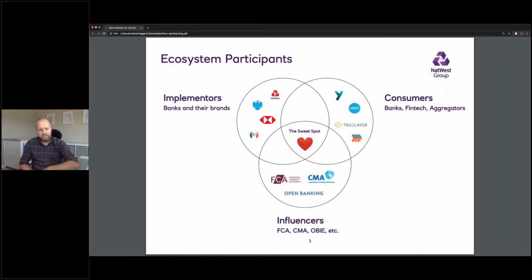And if you look at open source, I guess it needs a few things to be successful. So it has to have the concept of community, and part of the ecosystem that we brought together in the UK really brought that to life. We had people building the APIs, not just ourselves. We had people that want to consume this stuff, and sometimes those people actually overlapped. And then we had influencers in the ecosystem as well, in the form of regulators, implementation entities, and industry experts